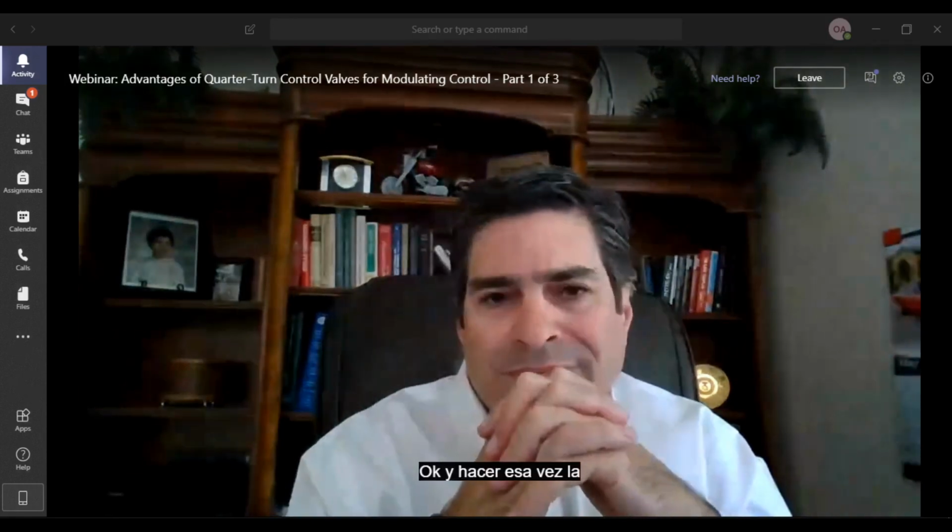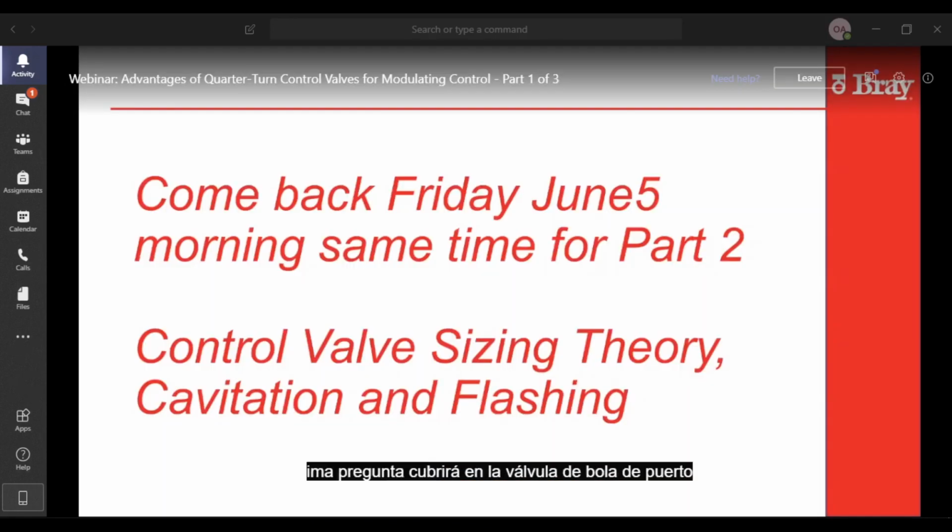Okay, and due to time, the last question we'll cover: in a V-port ball valve, how is valve cavity pressure controlled? In a V-port ball valve, during the control positioning of the valve, the cavity is always partially open, right?